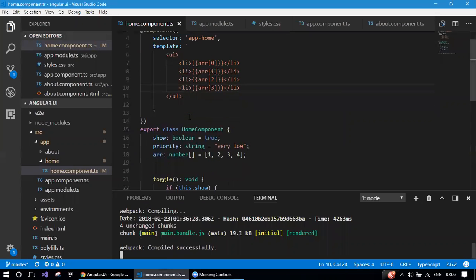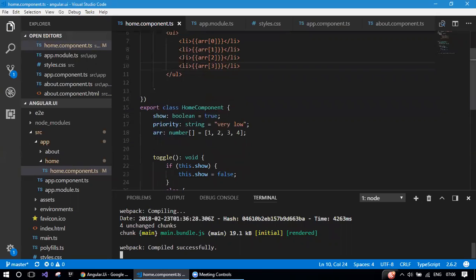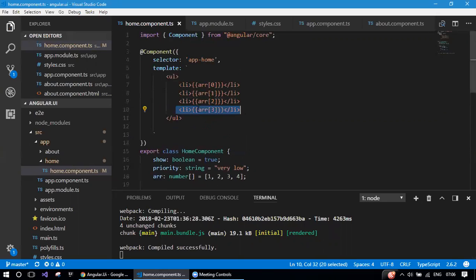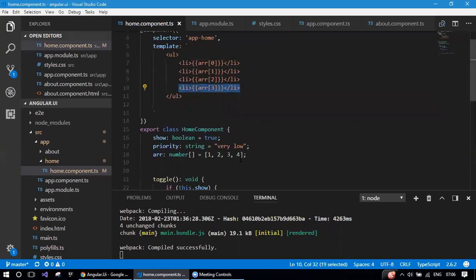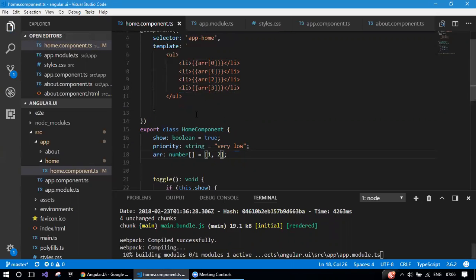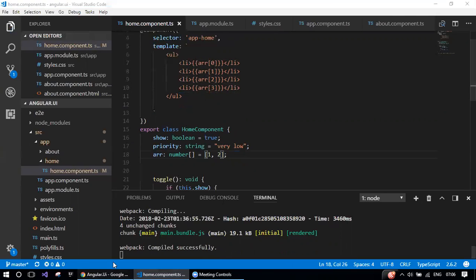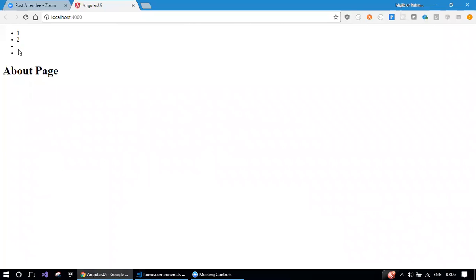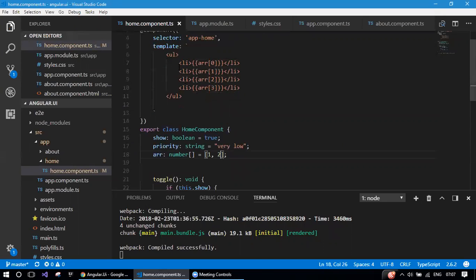So the problem with this approach is if you have 100 elements, you need to write 100 li tags manually. That's one thing. And second thing, it's not dynamic. If the elements are dynamically reduced at runtime, and this code is not adaptive, it actually gives you two empty dots because of undefined. So to avoid all this